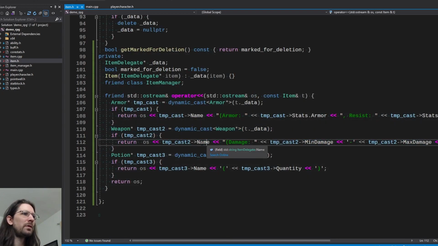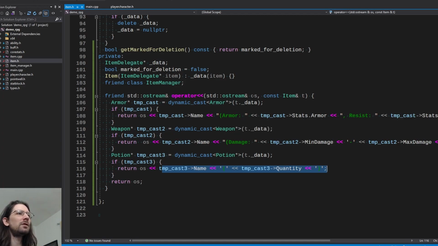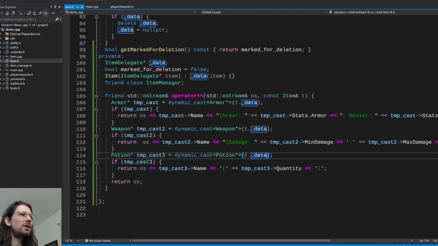If it ends up being a weapon, it spits out this stuff. If it ends up being a potion, it spits out this stuff. So it's basically a way to help out. And in any case, we return all the stuff we're spitting out. So it's just going to give us some information about it, as you can see here. So this way, in our main here,